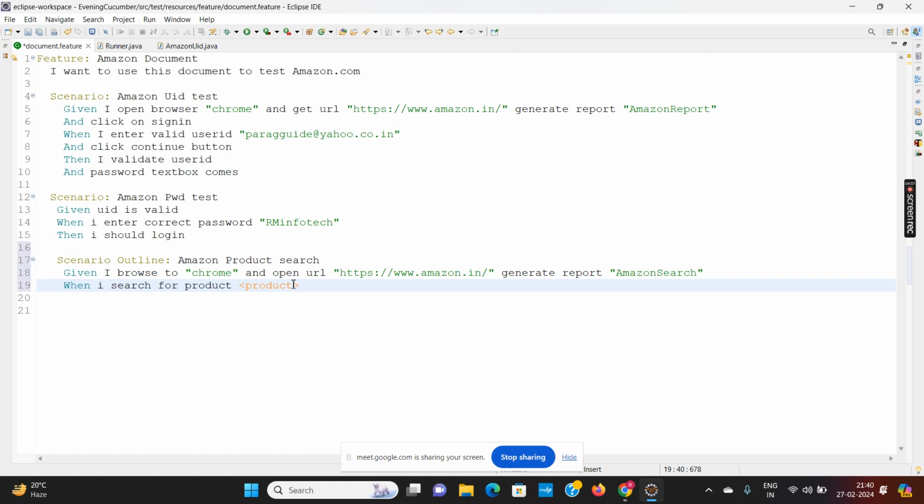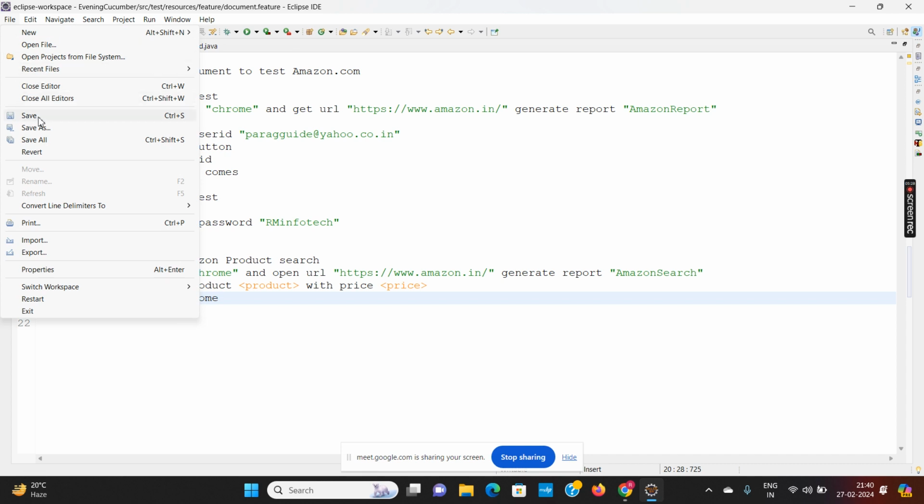When I search for product, say with price. So it means now I want to search multiple products with the price. Then the result should come.